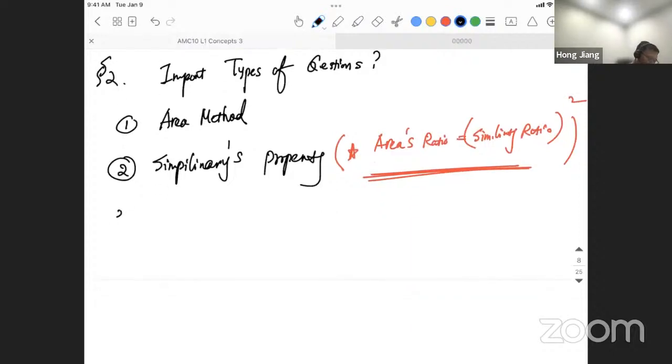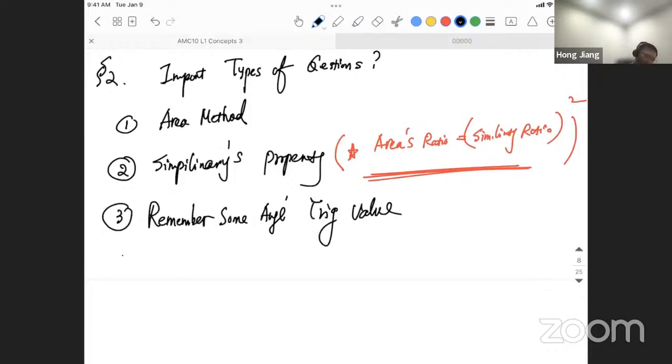And the third one I really want you to remember is some angles' trigonometry values. We both know the trigonometry of 30 degrees, 45 degrees, 60 degrees, 90 degrees. Everyone knows that, we learned that in elementary school. But this is not enough. If you want to stand out in AMC math and accelerate extremely fast, you need to remember some special angles' trigonometry values, like 15 degrees,